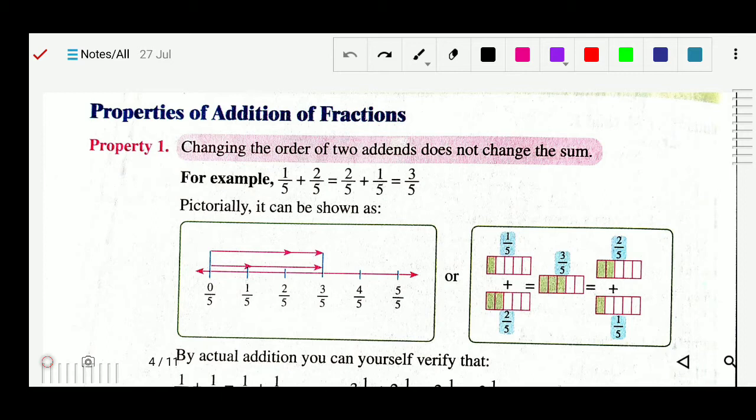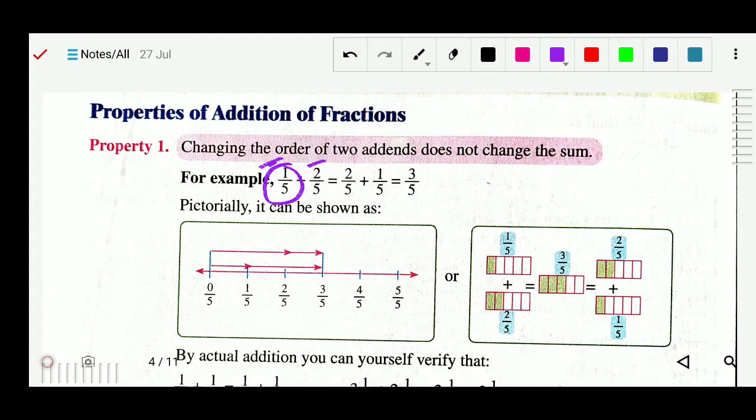Property means, as we have already studied, like associative property, zero property, additive property. So now we will study some properties. First property: changing the order of two addends does not change the sum. Addend means the two numbers or fractions which we are adding. So if we change the order, you can see, it